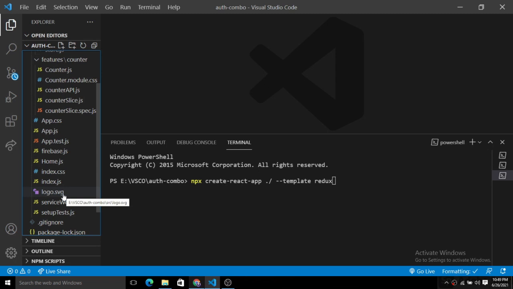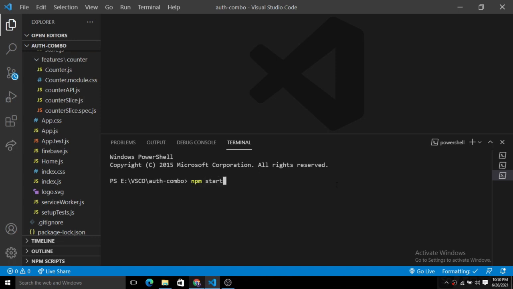So we have already run that command, and we have this boilerplate React directory here. Now you can simply test this application. For that you just need to pass the command npm start.